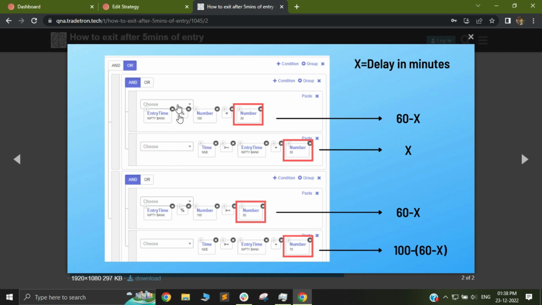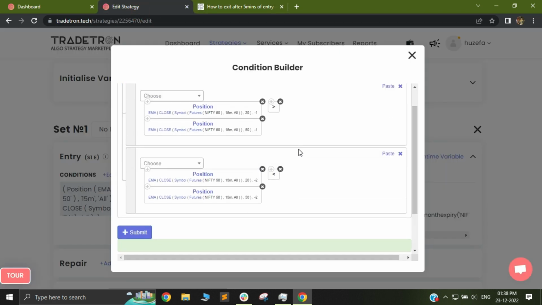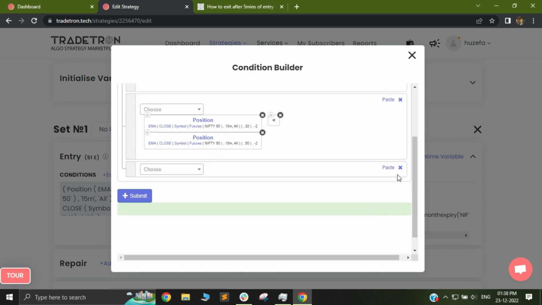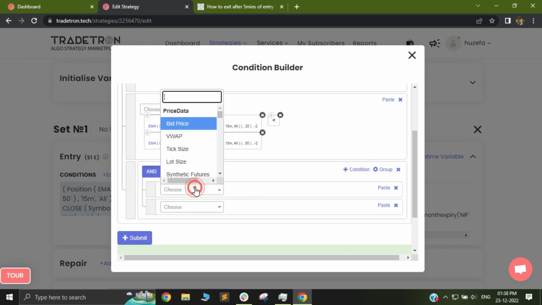And based on this, you have to build this exact same formula with some additional logic that I will share. In my entry condition, I will make a small modification. So I will add one more condition group actually. And using that condition group, I will now check for the first thing, which is whether it is my first